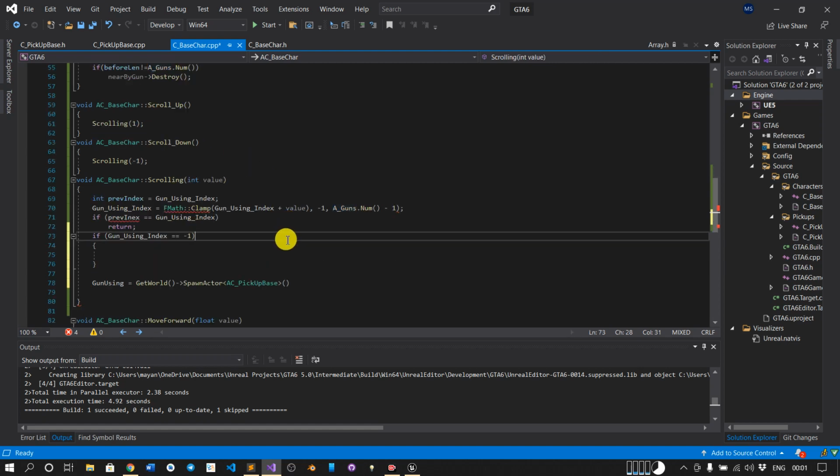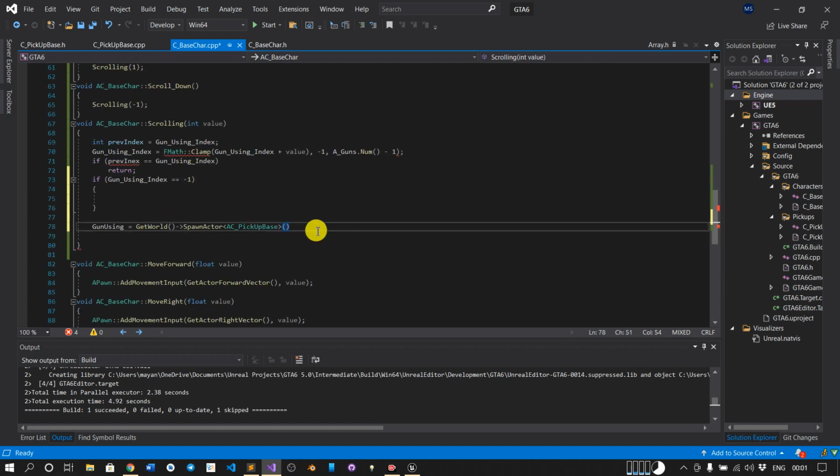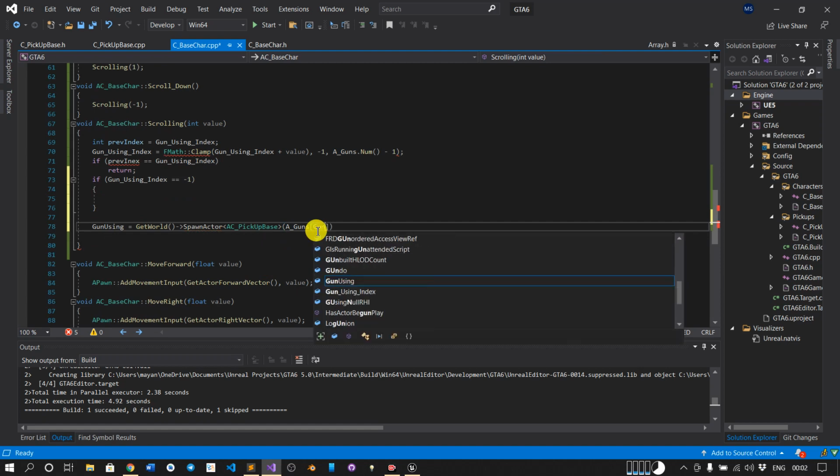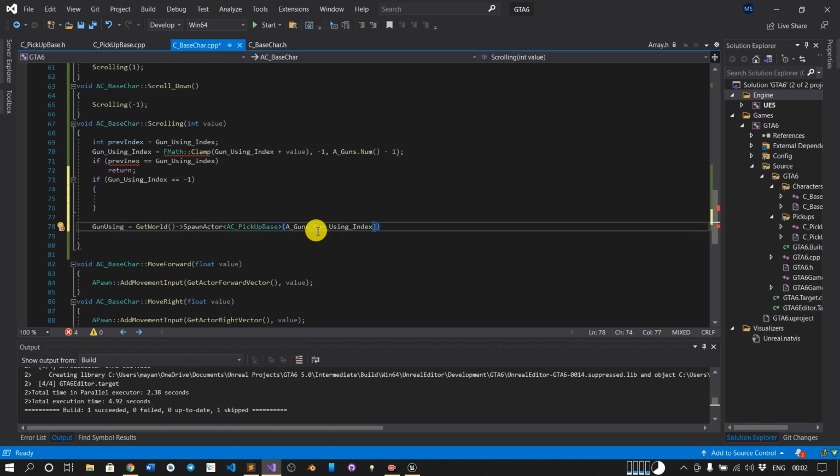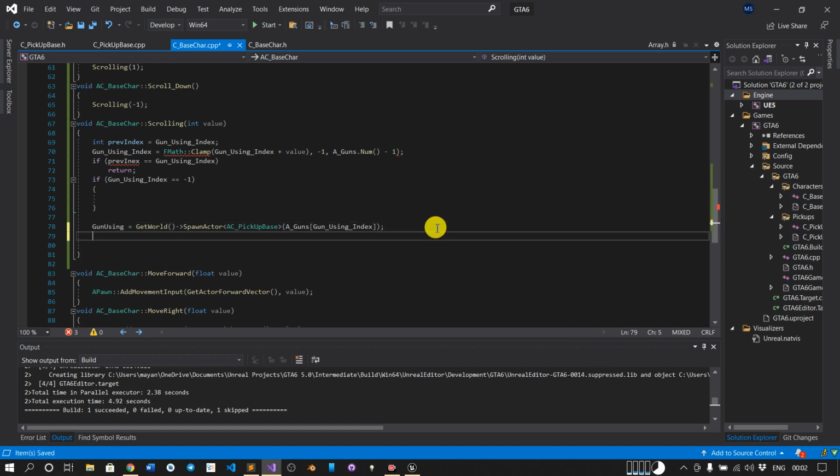So here we will insert this array, and for the index we will use GunUsingIndex. So this is the function which we need. We don't need to specify the transformation, because we will use the AttachToComponent function to attach it to our mesh.